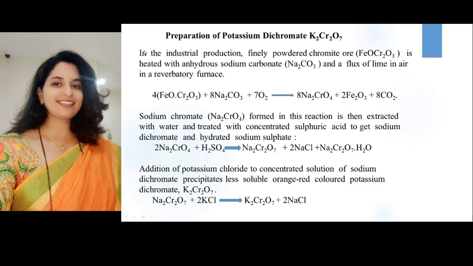And in the last step, conversion of sodium dichromate into potassium dichromate. Concentrated solution of sodium dichromate is treated with calculated amount of potassium chloride. Double decomposition takes place, forming potassium dichromate and sodium chloride. The solution is concentrated and the hot solution is cooled. The less soluble potassium dichromate separates as orange-red crystals and sodium chloride remains in the solution. Potassium dichromate is filtered and purified by recrystallization.